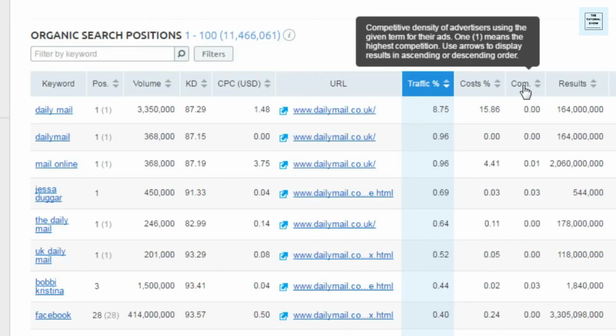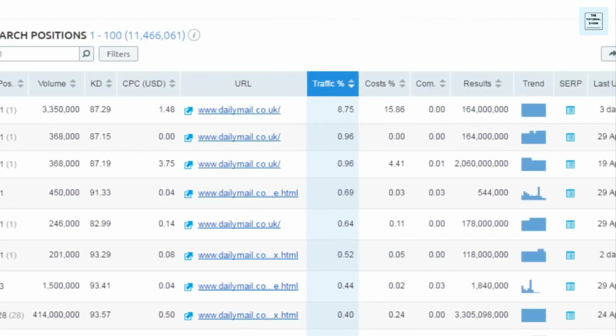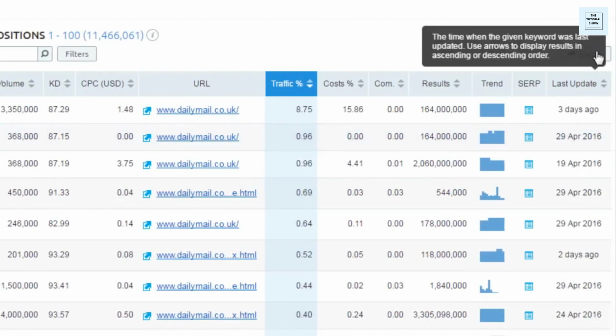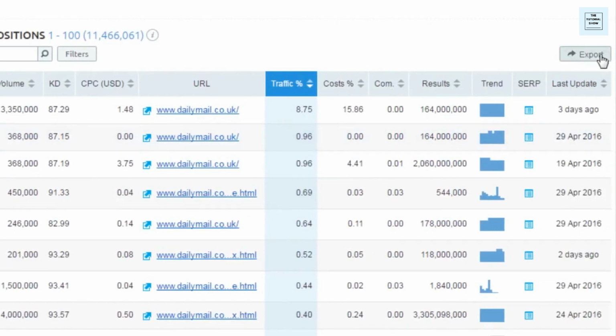So here's what you're going to want to do. You're going to want to download the list here. You can do that over here using the export button. And then you can find the keywords your competitors are ranking for that your site is not. So once you filter down that list, then you can sort by the keywords that have the highest search volume, and you can start further exploring those keywords from there. So this is going to give you a basis for finding potential keywords to go after.